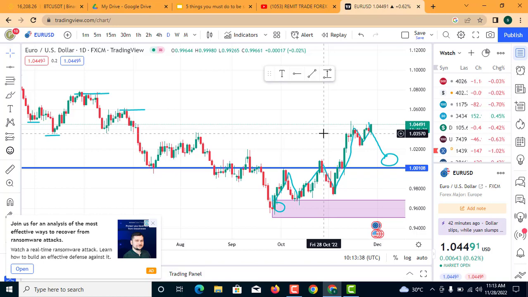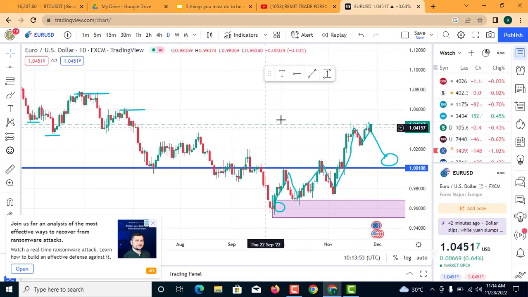I'd advise at least a 1-to-1 risk reward ratio. For example, if you are a day trader, 1-to-1 risk reward is okay. That means if you are risking $100, you are expecting $100 from that trade. That's the minimum. Or you can go further to 1 to 1.5, which means if you are risking $100, you are expecting $150 as reward, or 1 to 2, but the minimum